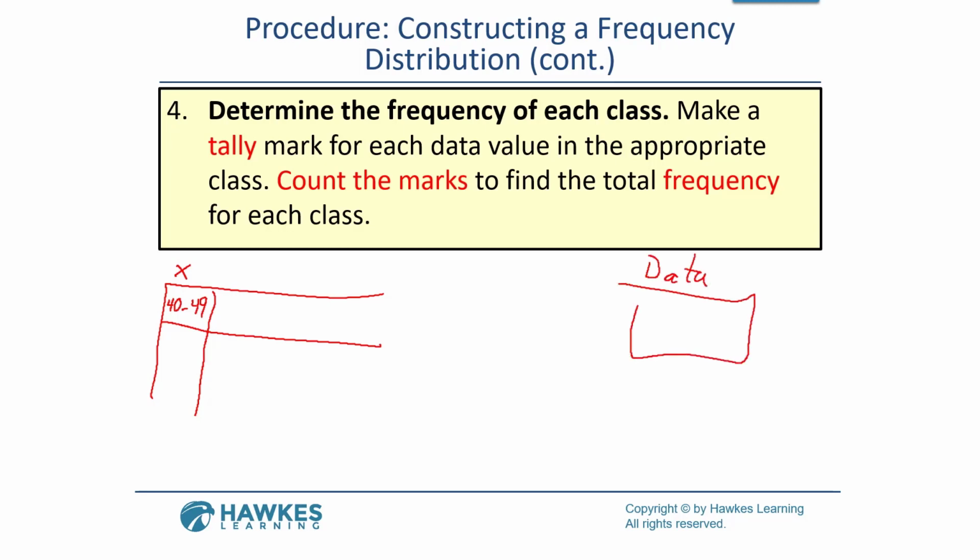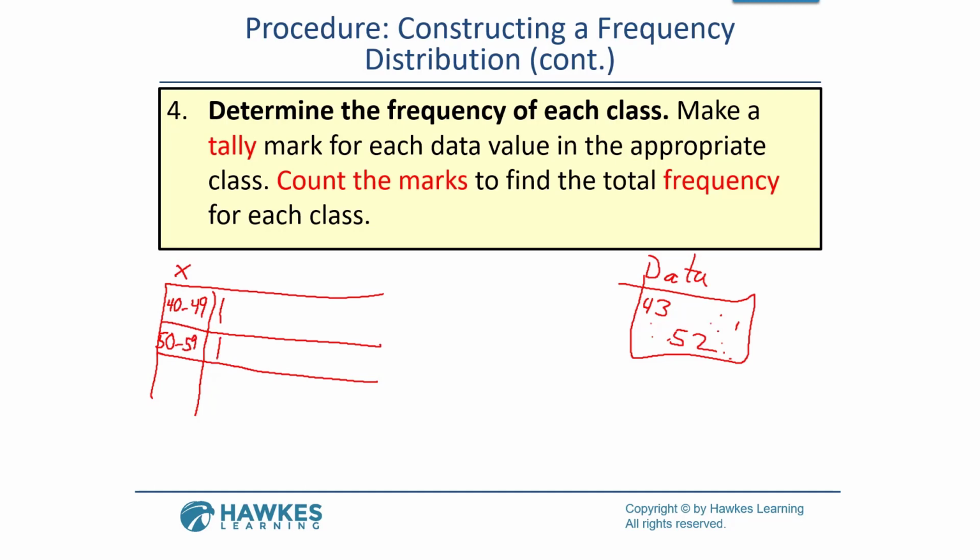and maybe the first data item is a 43, maybe the next one is a 52, all those data, maybe they're listed from lowest to highest, or maybe they aren't, maybe they're all mixed up. But this will work either way. So if your first data item is 43, you come over here, you got 1 in this class. Your next one is 52, okay, the second row or second class is 50 to 59, so you make a